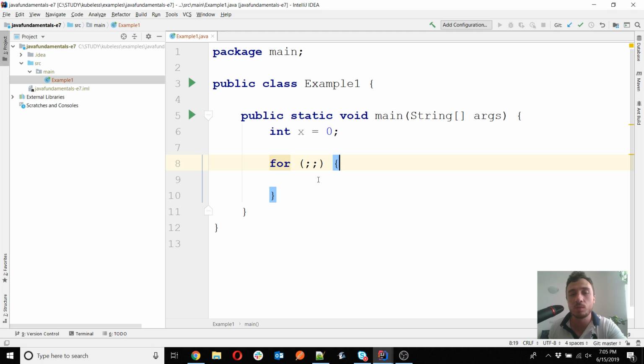And by the way, as I have said also in the other lessons, this is not necessarily recommended. So usually, even if you have only one instruction, use the curly braces, because this makes it easier to read the code. Okay, so first thing that I will do is, let's say that I don't have a value yet assigned for this variable here, so the initialization will be directly done here in the first part of the